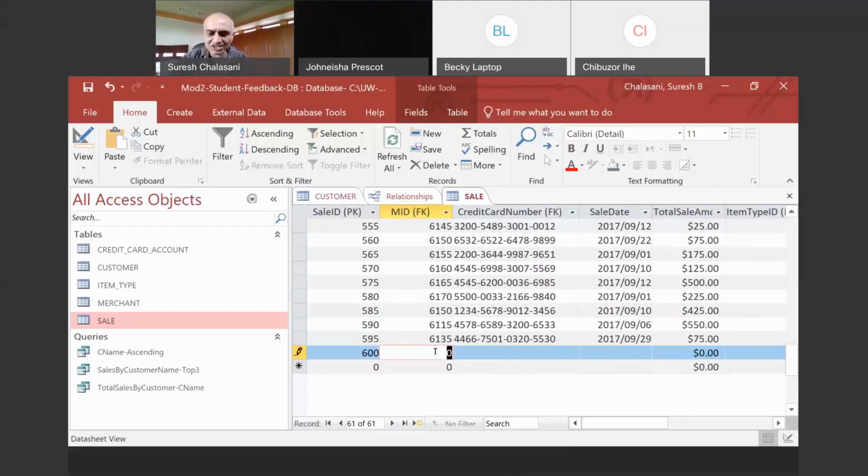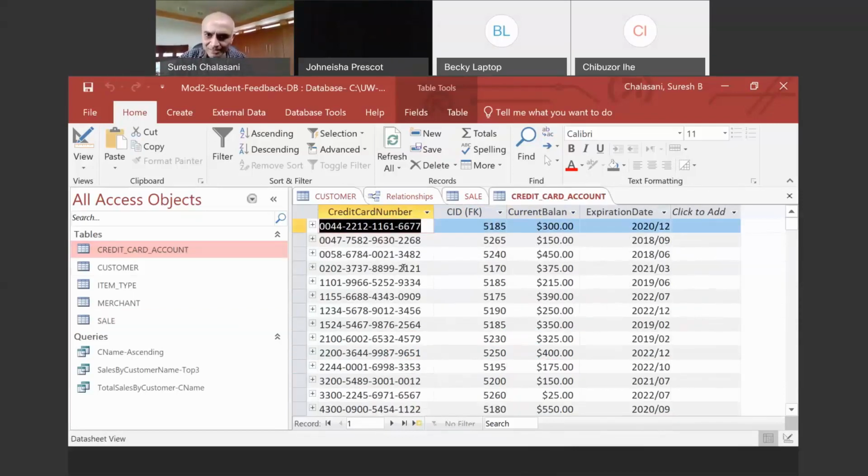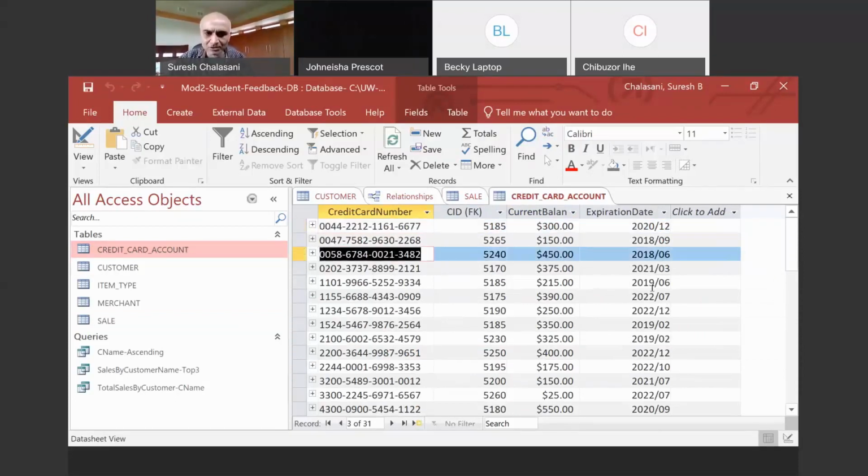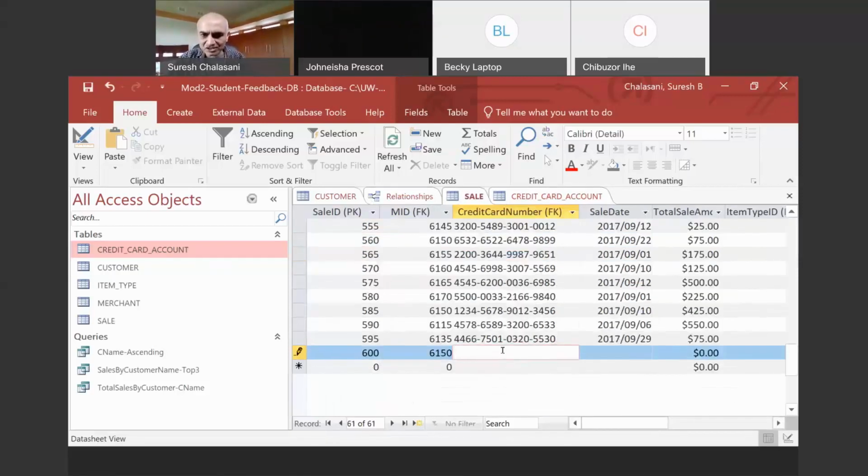So one of the merchants that I have is like 6150, right? So I could add that. And one of the credit cards that I have, I'll take one of these, right? So 0058. So when I come to the sale table, I'll add this 0058 6784 0021 3482.